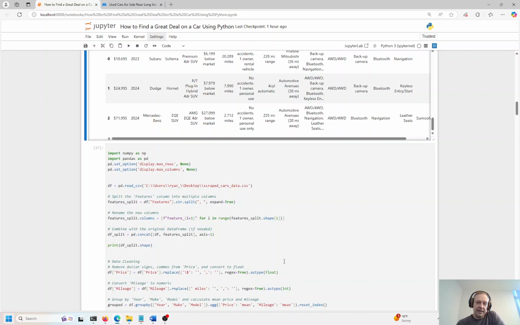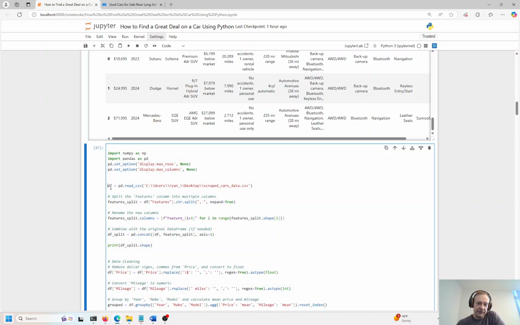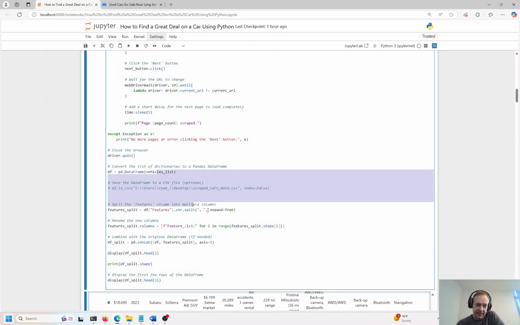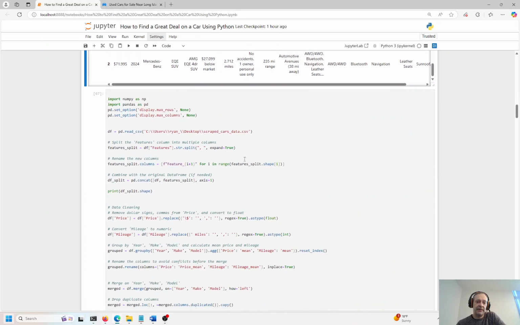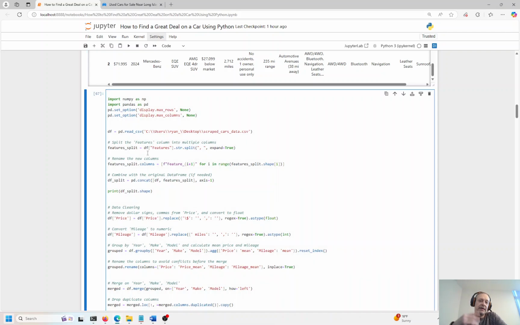That's pretty cool. I saved everything to a CSV on my desktop just because it does take a while to do the screen scraping. This could take 5-6 minutes, could take maybe 10 minutes if you have a slow connection. And if you make a mistake on the data frame, you'd have to go back and get it again. If you make another mistake, get it again. Make another mistake and get it yet again. Okay, so